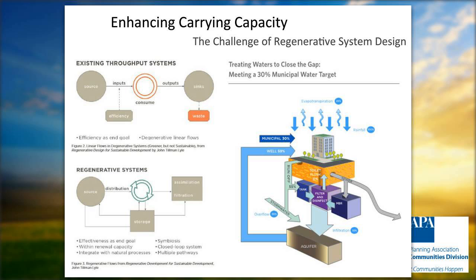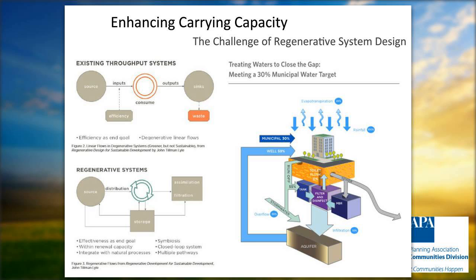And you can see here that the challenge of regenerative system design is really shifting from our existing linear throughput systems, where waste exists by design, by our design of the system, versus regenerative circular systems, where waste is designed out as resources for other processes. And as simple as that is, that's a big thing to do, but that's where we need to go. That's what this approach allows us to do.